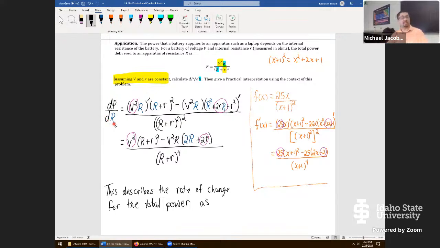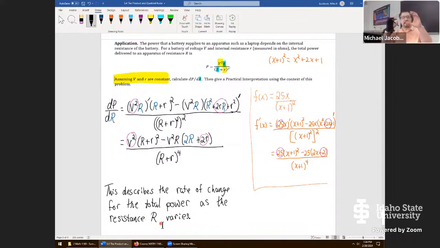And that was the resistance. As the resistance R varies. So when we say describes the rate of change, when the resistance R varies, we mean the resistance